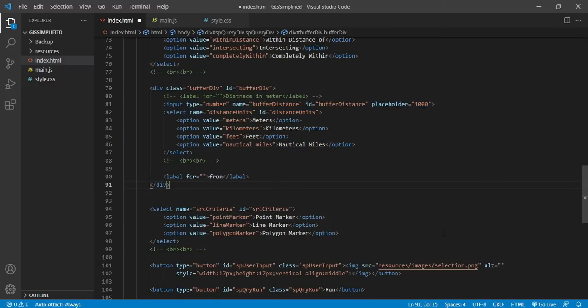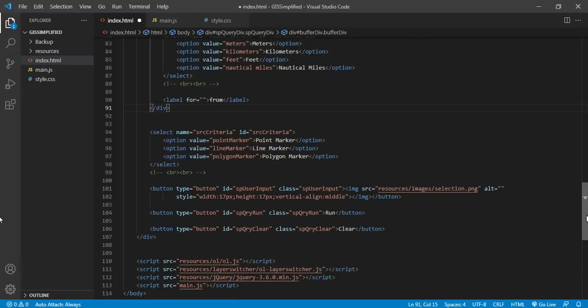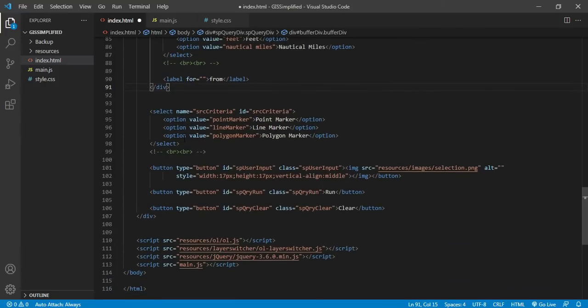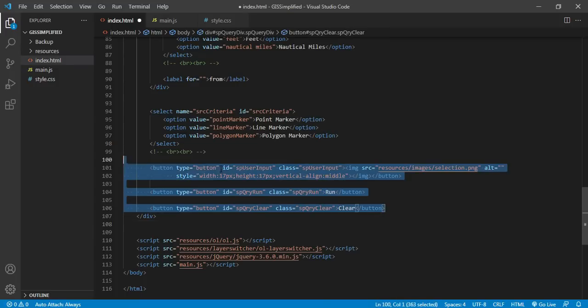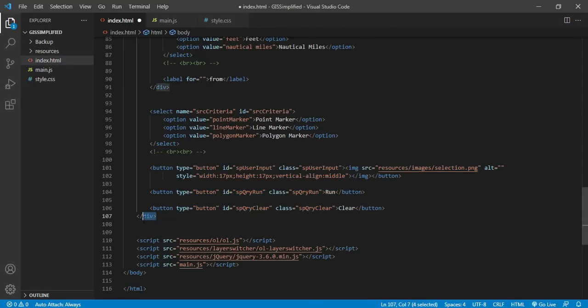It is simple HTML code, so you can easily write that. And this is the input box for markers, so it can be point, line, and polygon marker. Then at the end I am adding three buttons. One button is for marker, which will allow me to create a marker on the map. Second is run, and third is a clear button. This is the overall HTML code.